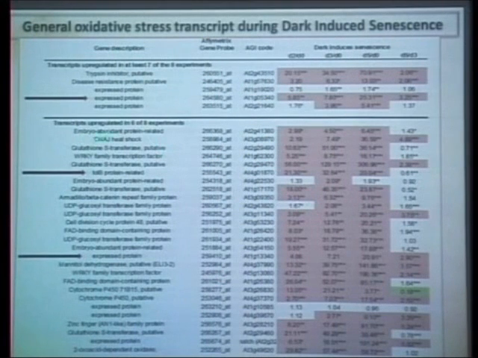From the list, I selected 3 genes. Two of them are expressed proteins. They are called expressed protein because the function of this protein is still unknown, so they are nomenclatured as expressed protein. So I selected 2 of the expressed proteins and 1 TAB B protein related. This is also a gene.